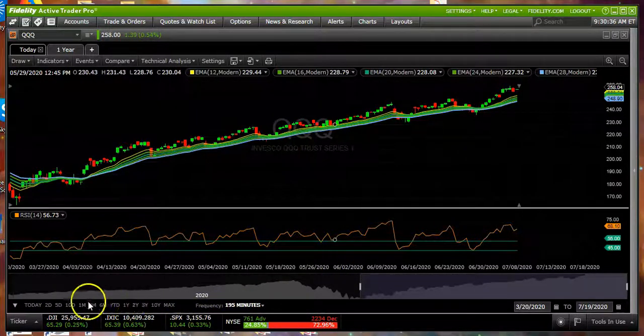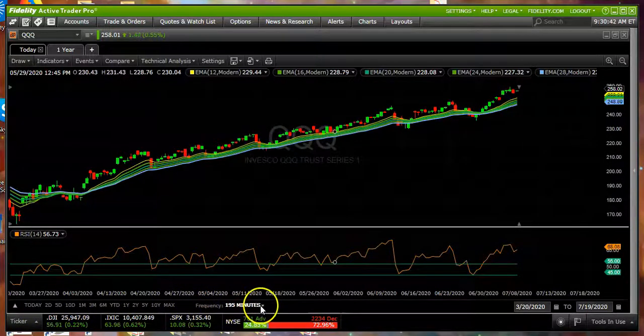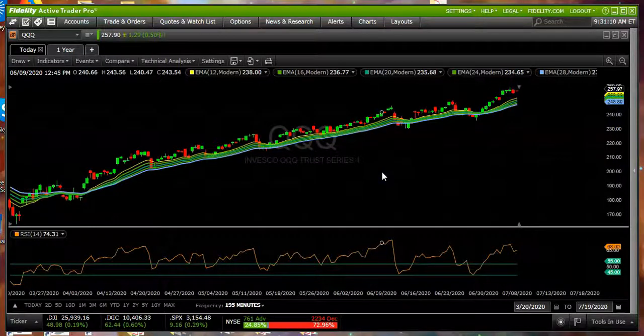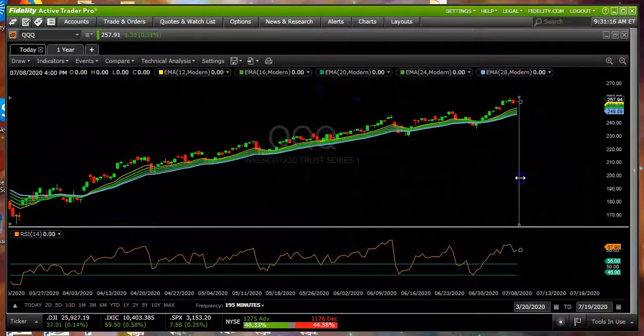Now I have this set to, if we down this arrow, we'll get rid of that for the time being, a 195-minute chart. That means that as opposed to a daily chart, I'm doing 2 candlesticks per trading session, and if you click here, you can see you can adjust this any way you'd like, 30 minutes, 60 minutes, and so forth. And several of these strategies, of course, and my multiple moving averages work fine in the lower time frames, but I'm just assuming for purposes of these videos that a lot of you are doing swing trades and not sitting at your computer all day long. In any event,